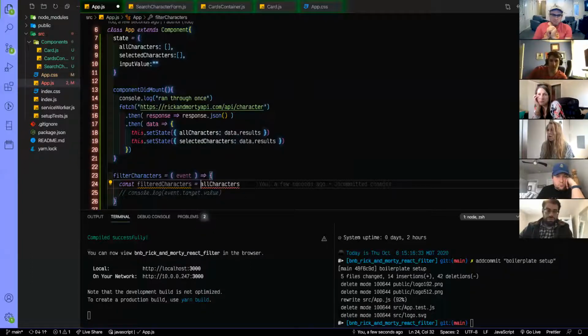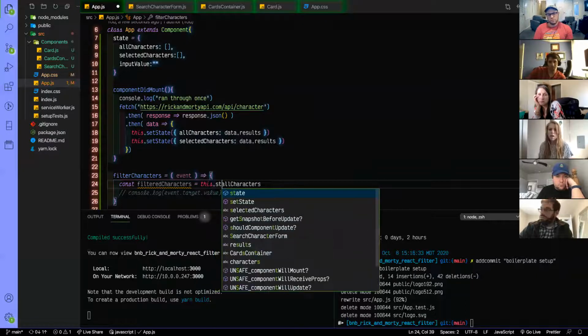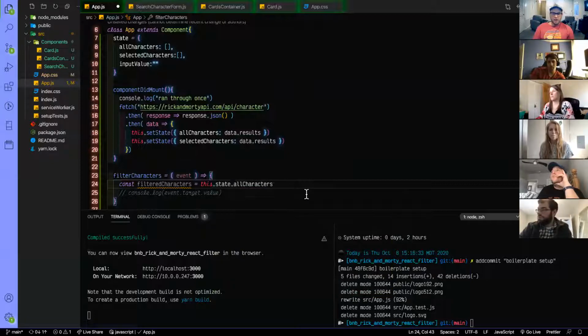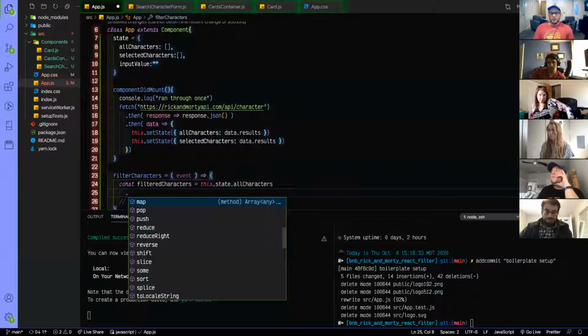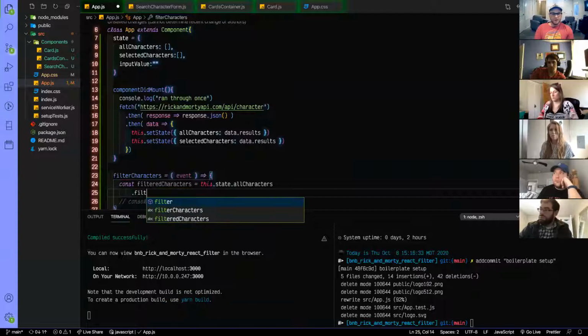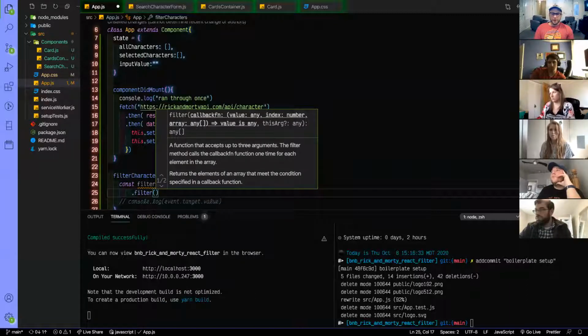Needs to be this.state. So now we have this.state.allCharacters, and we need to filter this down. Fortunately, JavaScript is really nice about white space, and I can just put this on another line down here. So I'm going to do .filter, and we are going to say for each character,